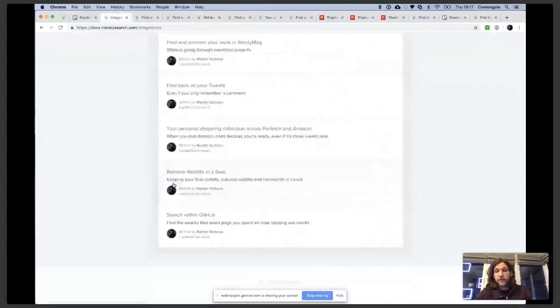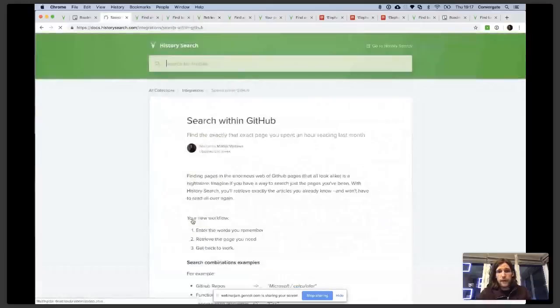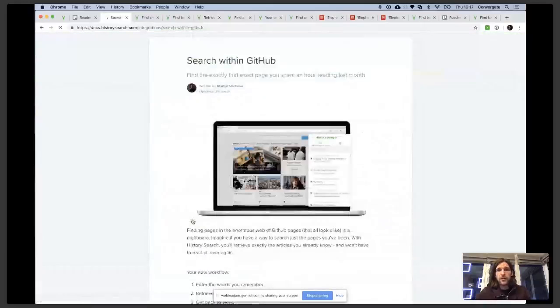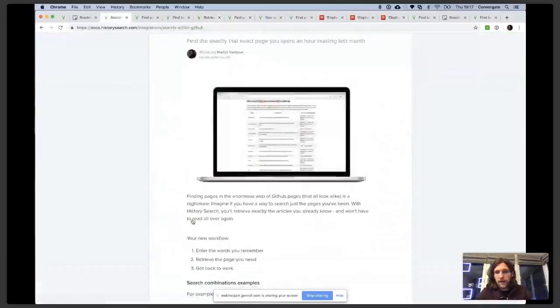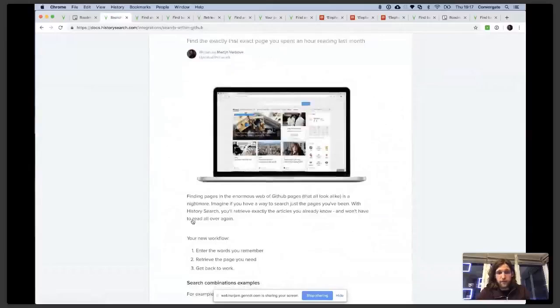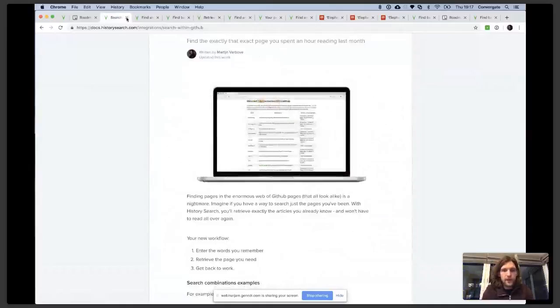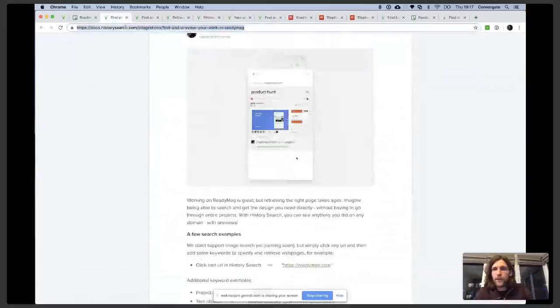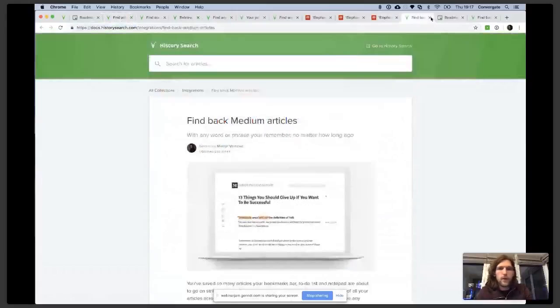Let's do the last example. It's really useful. It's more or less related to finding documentation. And here you could find any type of documentation just by entering a few keywords. So these are a few of the use cases. And I think it would be really cool to show you a bit more of the things that make HistorySearch unique. And one of them is